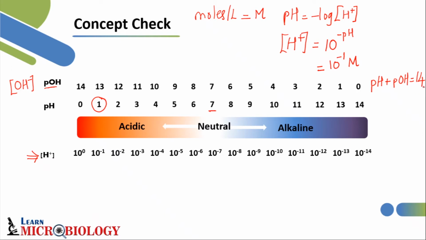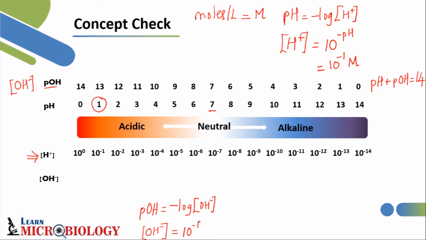Now as we have got the pOH values, let us see how to find out the concentration of hydroxyl ions. Again, we have a formula for that, which is similar to the pH formula. pOH will be equal to minus log of hydroxyl ion concentration. And if pOH is provided, the hydroxyl ion concentration is 10 raised to minus the provided pOH.